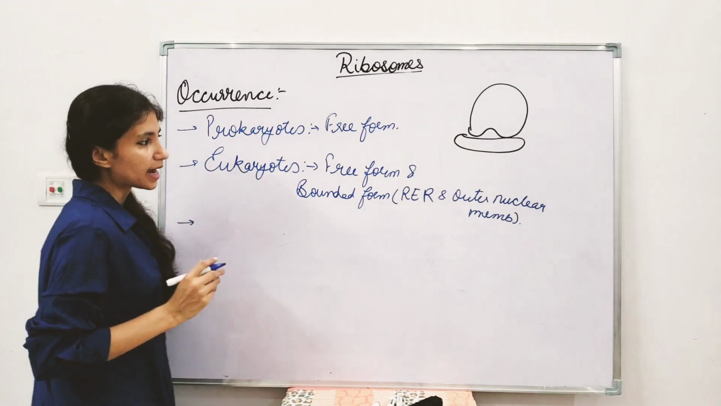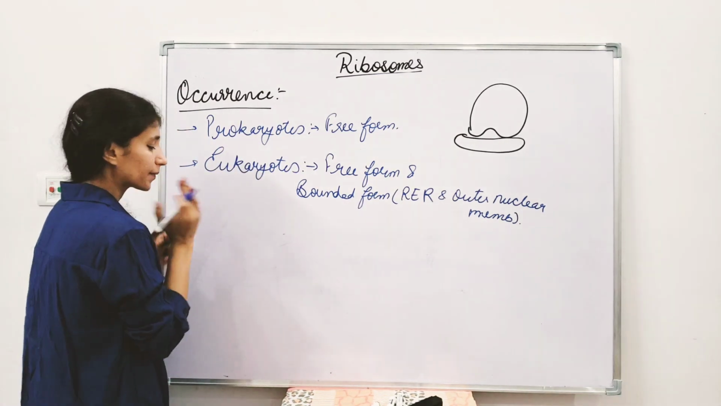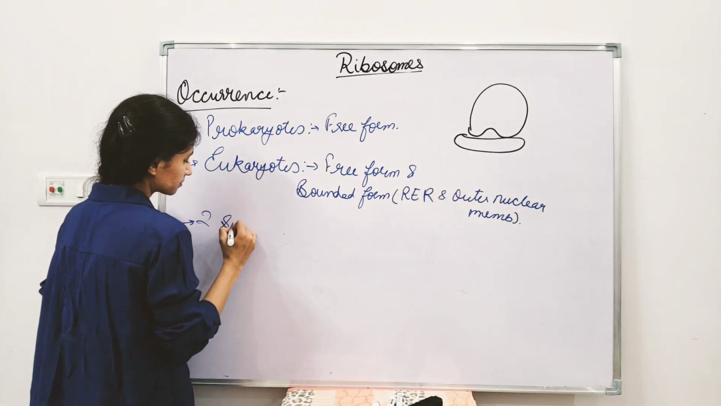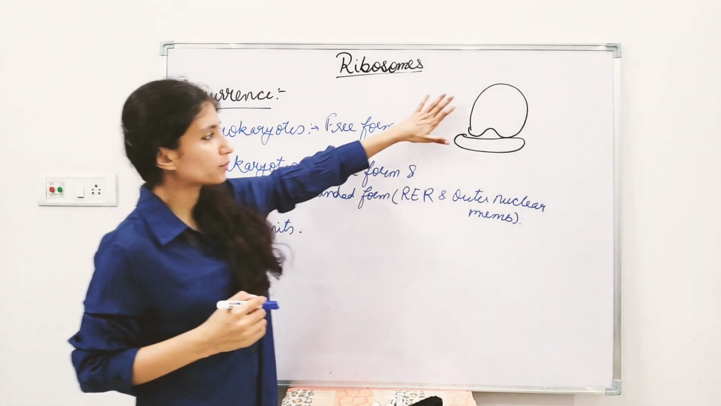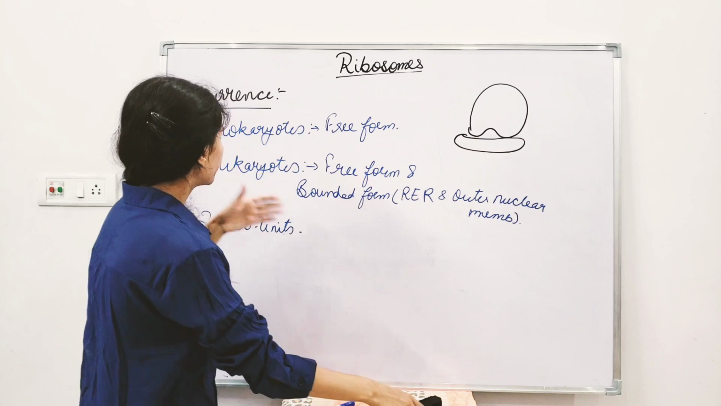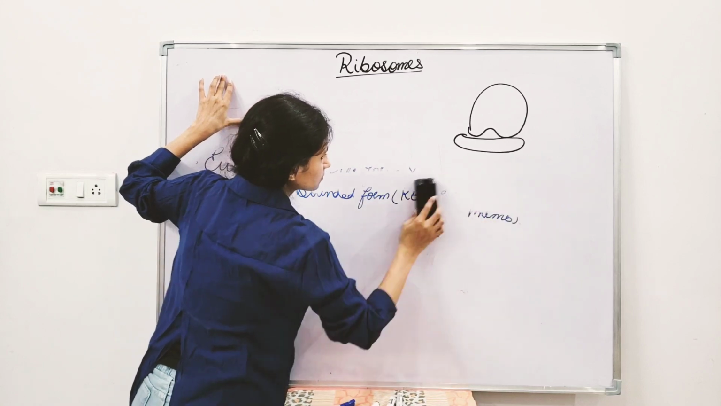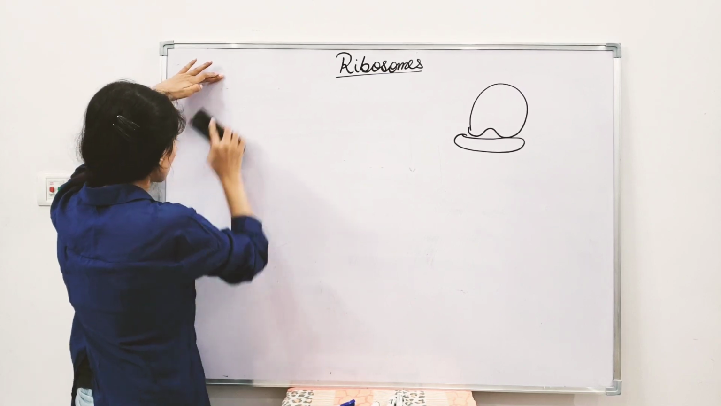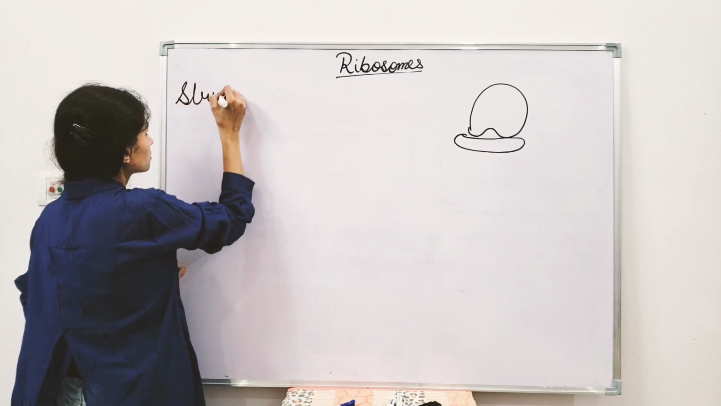Alright, now other than that, it is also important to study that this whole ribosome is actually made up of two subunits. Okay, so the ribosomes are made up of two subunits, this one and this one. We will discuss later in its structure how they are made up. So when we talk about the structure of ribosomes, ribosomes are actually made up of